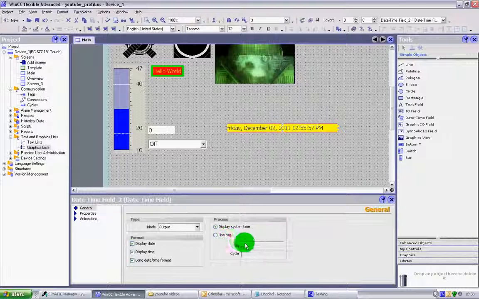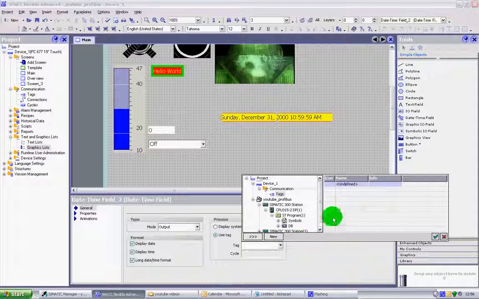or you can use a tag. At the moment it's set to system time, so this will pick up the time that the HMI is actually running in its own system clock. For most purposes that's just fine, if it's just for a display purpose. If it's something that you want to change, then you'll need to use a tag,